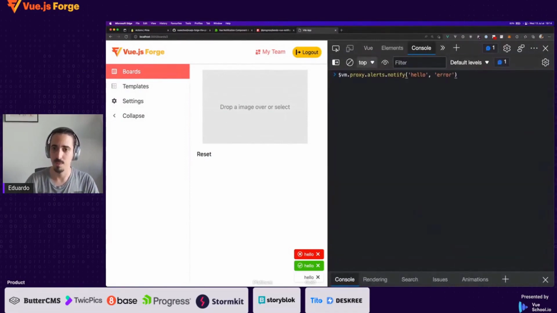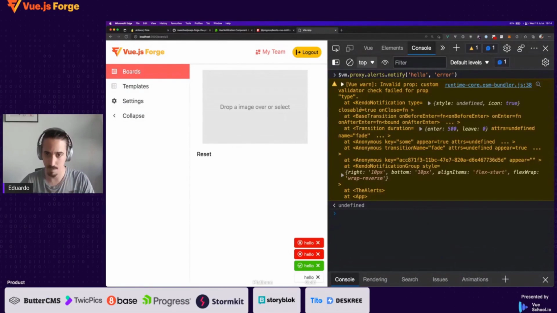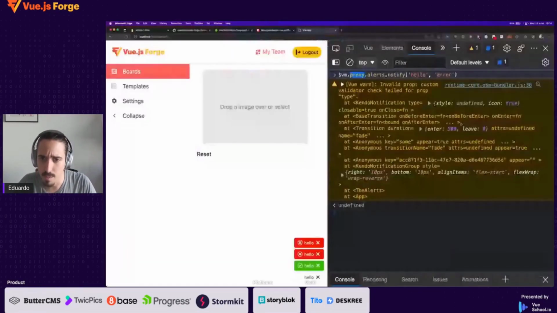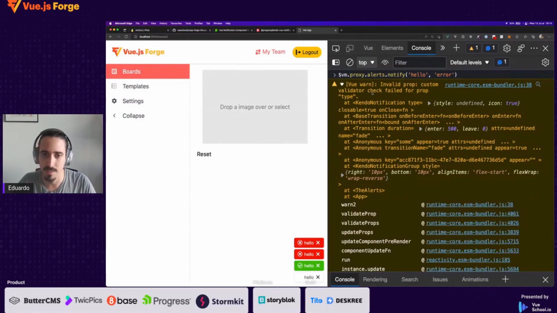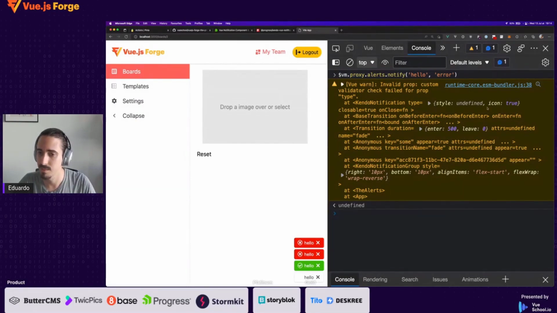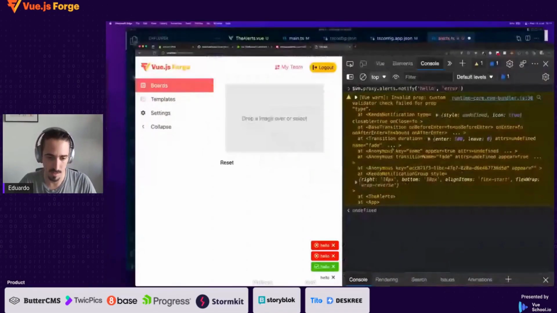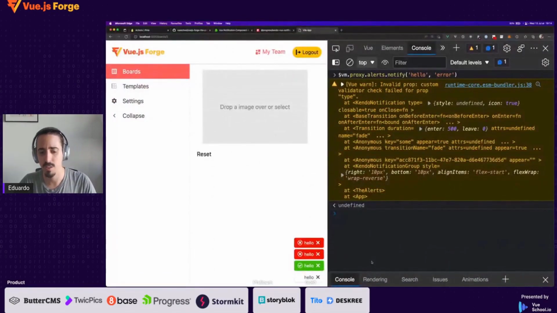I know that the warnings are a little bit annoying. The type doesn't work. See how I have the proxy here. I'm going to check that later. What is the prop that I'm missing? The type. It says validator check failed, but it doesn't tell me what. Oh yeah, it's a style. No, because I have a style. No, I haven't. But anyway, it's weird because it does appear. Oh, it's just because it re-renders the other ones. So I think it's the first one that doesn't work. Anyway,